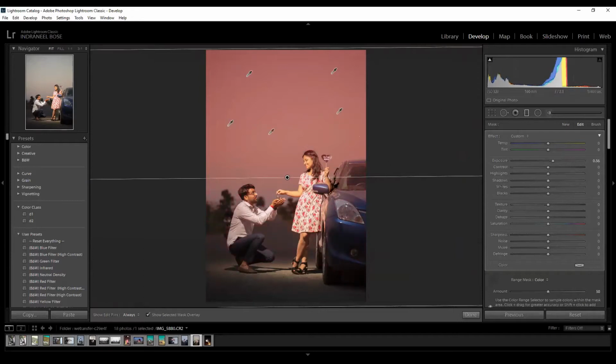Okay, now we have a basic selection. Let's take 1, 2, 3, 4. Again, 1, 2, 3, 4, 5. So now we have basic points where we can work.